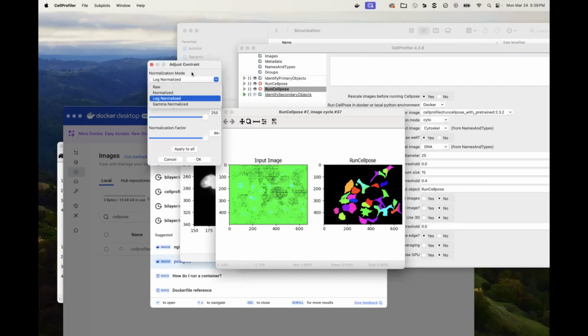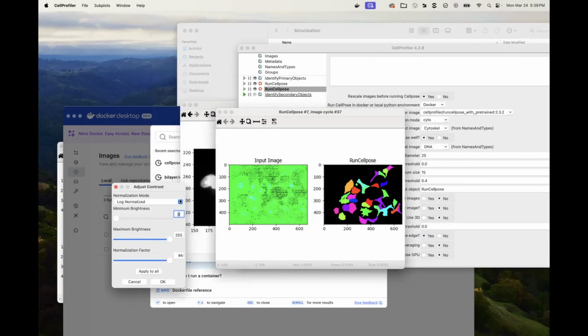Put this now back to normalized. I don't know why, but I think CellPose is normalizing the image itself. So it hasn't detected our super big cell because it's super big, and it has actually broken things to where the nuclei are. I'm going to try running this one more time, and I'm going to not give it the nuclear image, and we're going to see if it'll do a better job.